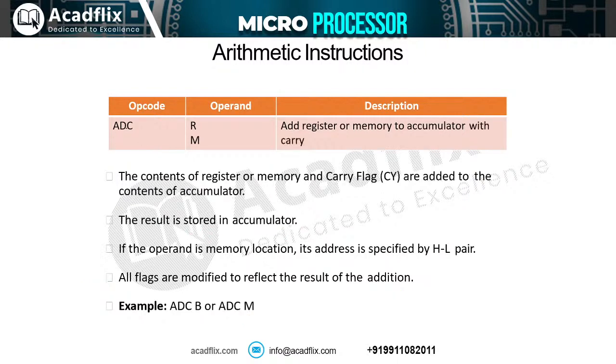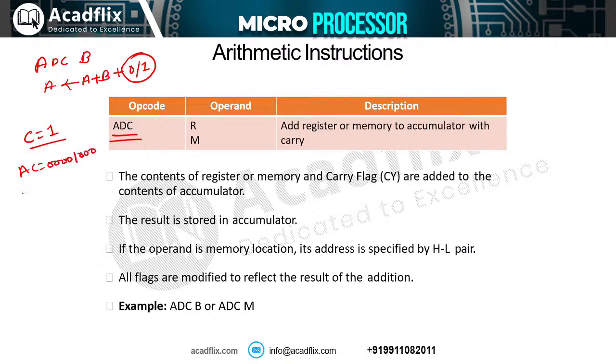Then we have ADC. ADC means add with carry. Add with carry means that you will perform the addition. Let us say some register is specified here. You will add the value of the accumulator with the register given in the instruction, that is B, and then you will add the value of the carry flag also. Carry flag can be either 0 or 1. Let us say in the carry flag you have 1, in the accumulator register you have